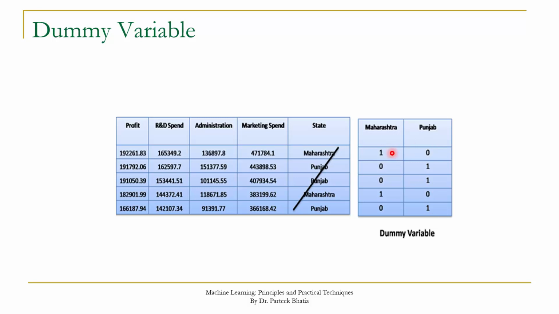When we have 1 in one of the dummy variables, the other dummy variable will be 0. In case of the first row, we have 1 in Maharashtra, so Punjab is 0. And in the second row, we have 0 in Maharashtra, so Punjab will carry 1. In simple words, the value of one dummy variable is dependent on another dummy variable. We can derive the value of Punjab by considering the value of Maharashtra, because it will be the complement of Maharashtra.